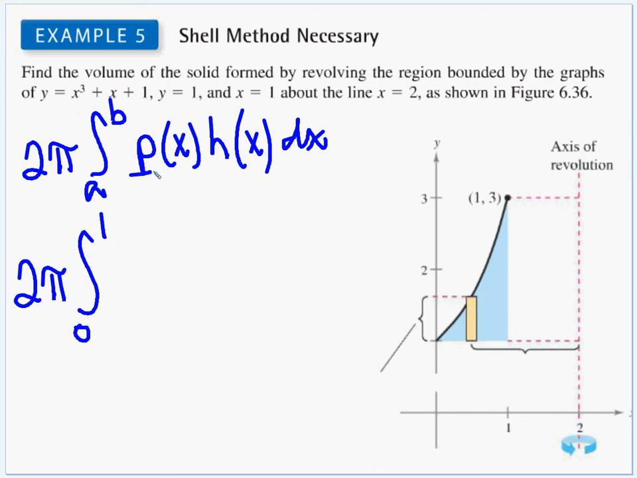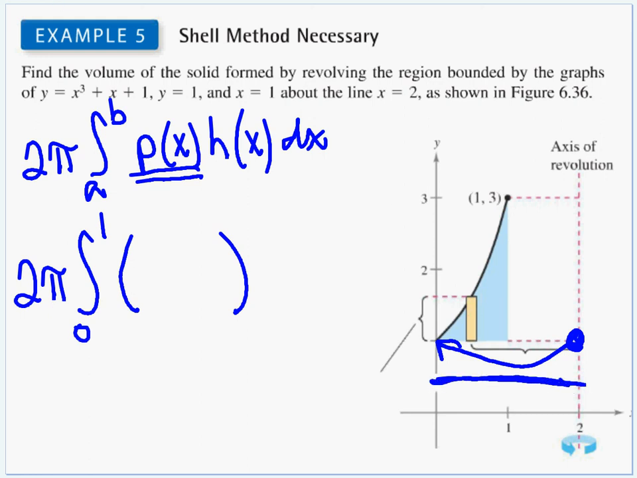Now, p of x. Remember, this is our distance from our axis of rotation. So I think the easiest way to explain that, I'm going to put a set of parentheses here. P of x is our distance from our axis of rotation. If we look at the picture, here is my axis of rotation. What is the farthest away from it I'm ever going to be? Well, that distance is 2 units. So I'm going to put a 2 in there, and then we are going to subtract the x-coordinate, 2 minus